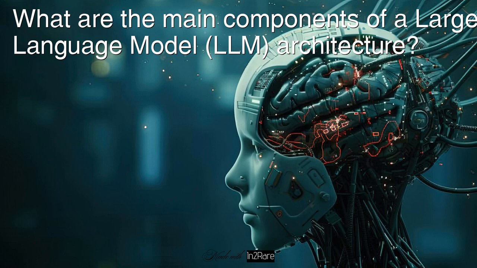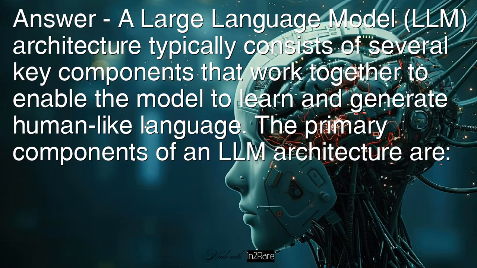What are the main components of a large language model LLM architecture? Answer: a large language model LLM architecture typically consists of several key components that work together to enable the model to learn and generate human-like language. The primary components of an LLM architecture are